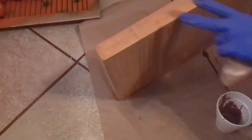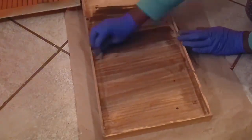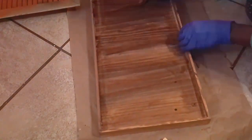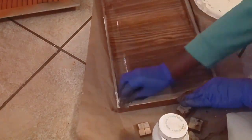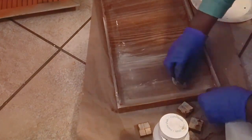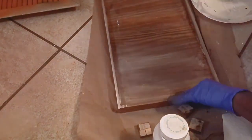So then I ended up just taking some of the Waverly and going over the whole tray, and I still did not like it. And then I looked at it a little bit more, and then I just decided to go back over it with the Waverly white on top of what I had already done, and I like that so much better. So here I'm just adding some Waverly white paint to it, and I just thought that it gave it the look that I was going for, because I wanted it to look rustic. I wanted it to look more farmhouse rustic, I believe,